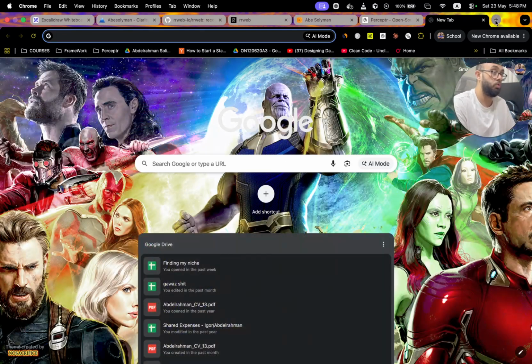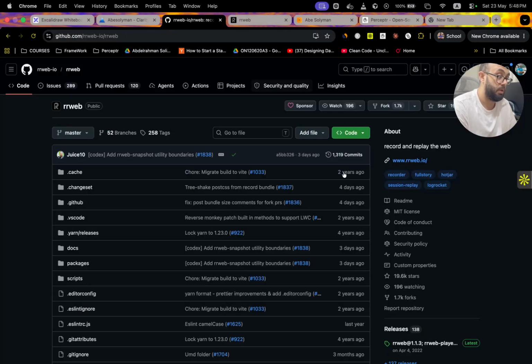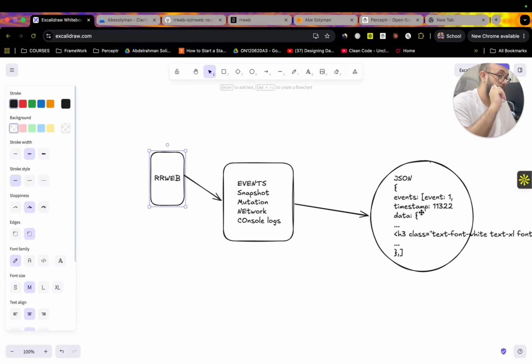One thing is, because of the timestamp, you'll be able to identify the events in chronological order. This is the key point. If you replay those events in the same sequence that they were recorded in, it will create nearly exactly the same behavior that the user did. So if we go